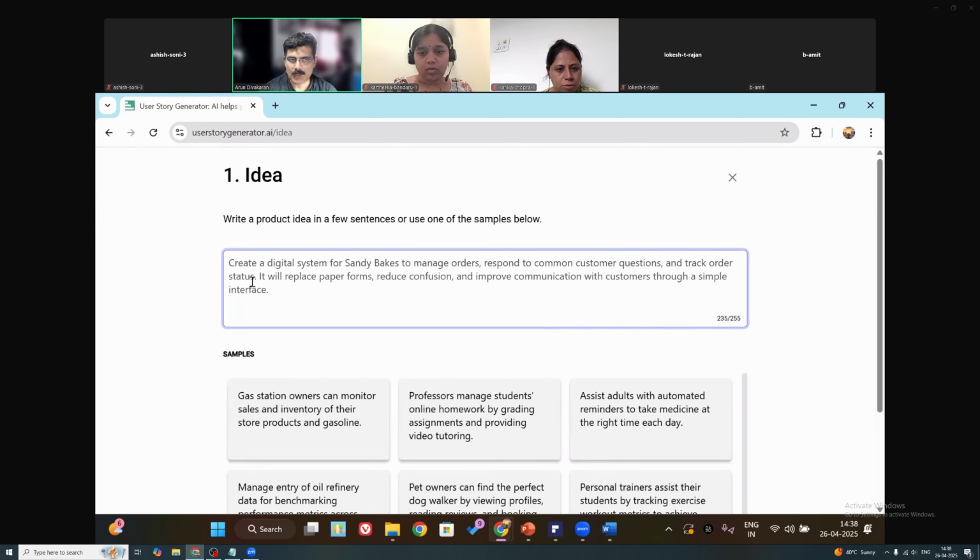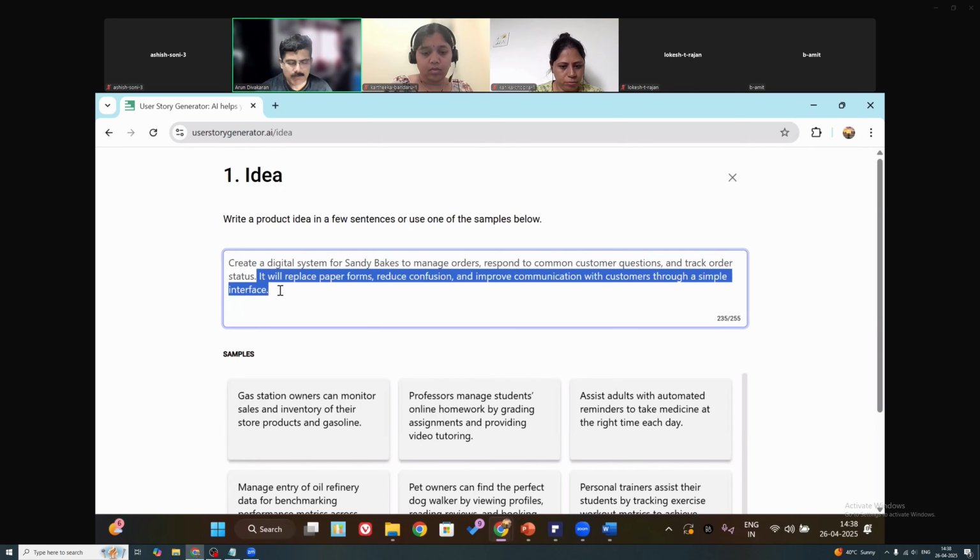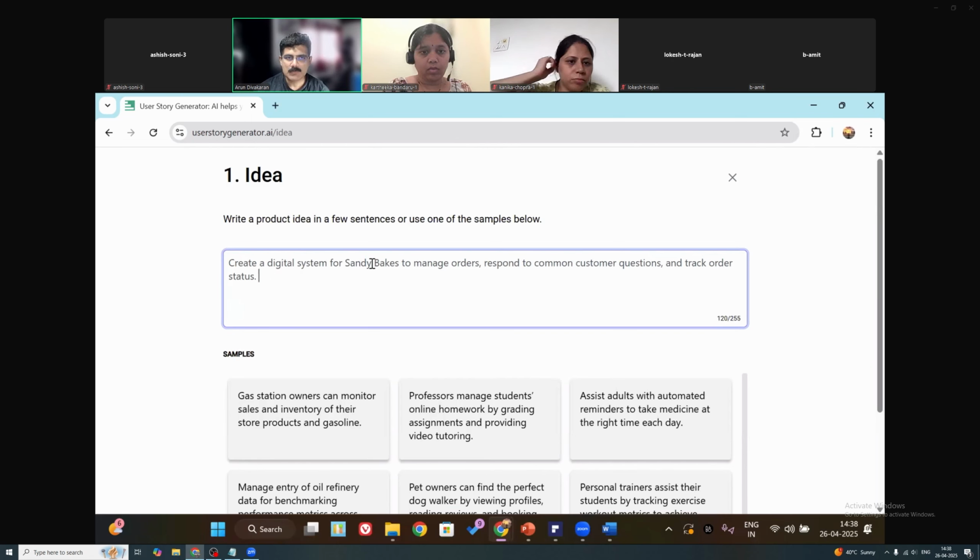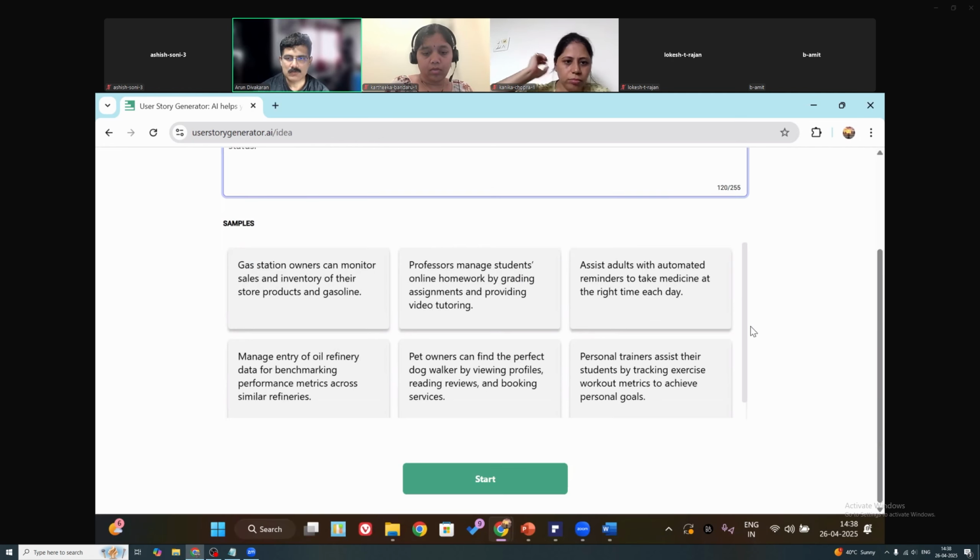I want to track orders. The purpose is to replace paper forms, confusion, and all those simple interfaces. This is what I'm trying to do. This is my idea. And track order status. I don't even want to do this. I'm simply giving an idea. Create a digital system for Sandy Bakes. That's all, right? And when you click start,